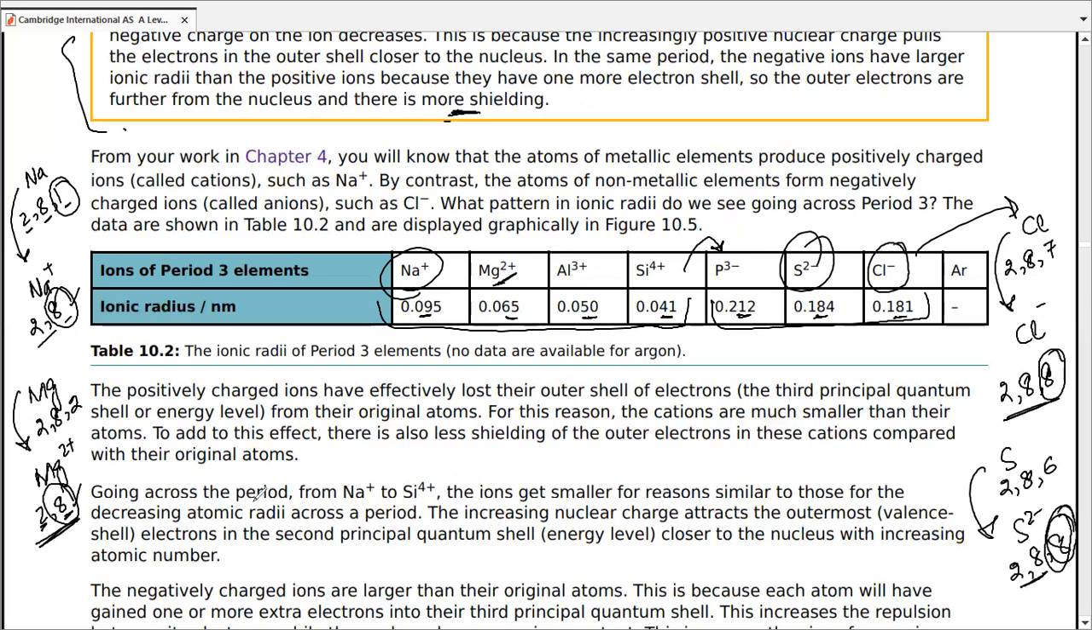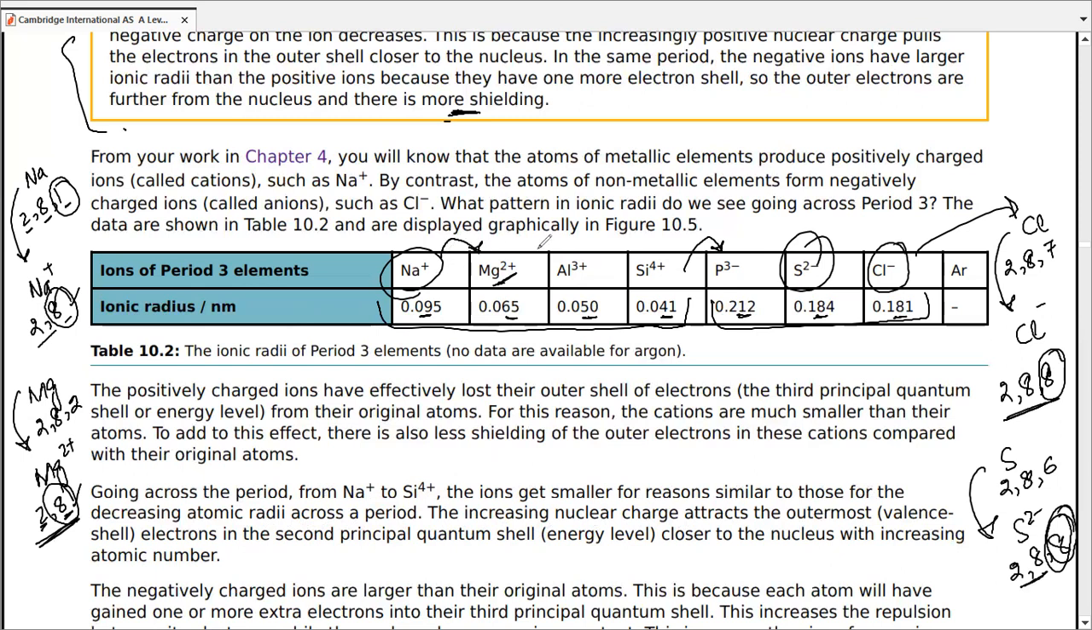Okay, so going across the period from Na positive to Si4 positive, the ions get smaller for reasons similar to those of decreasing atomic radii across the period. The increasing nuclear charge attracts the outermost or valence shell electrons in the second principal quantum shell closer to the nucleus with increasing atomic number. But that's not just it. Writing just these lines as an answer to a question in the paper is not going to cut it. You need to let the examiner know that every time we're talking about a step ahead from